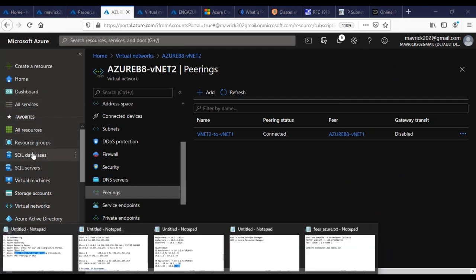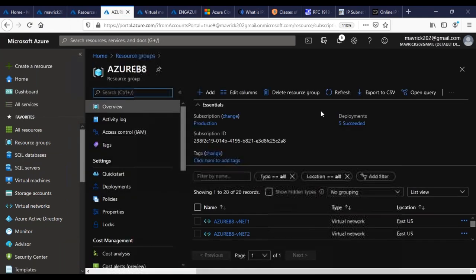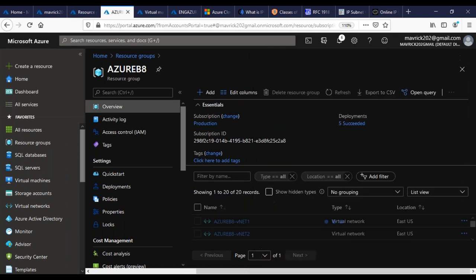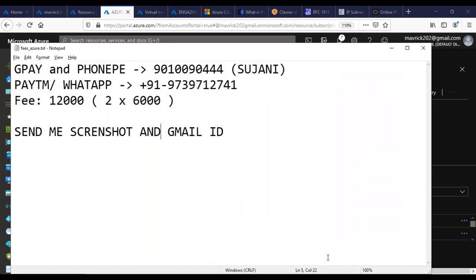So what I'm going to do is go to the resource groups, guys, and completely delete this resource group. We have all the VNets, everything will be deleted. I don't need to worry about anything. It will take some time. Normally after the lab, I just delete and go for a break, and then everything will be deleted. Okay. Questions, guys?